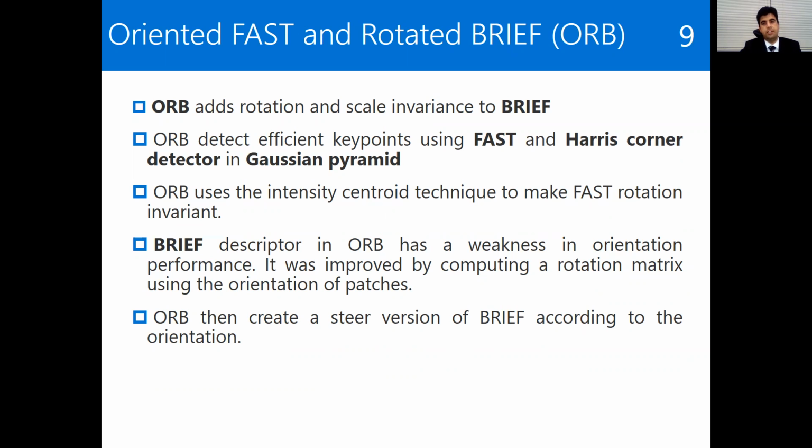It is based on FAST and BRIEF, and it basically adds rotation and scale invariance to BRIEF and detects efficient key points using FAST and Harris corner detector and Gaussian pyramid. And since FAST is not rotation invariant, ORB uses the intensity centroid technique to make it rotation invariant. The BRIEF descriptor in ORB has a weakness in orientation performance, so it was improved by computing a rotation matrix using the orientation of patches, and then ORB creates a steered version of BRIEF according to that